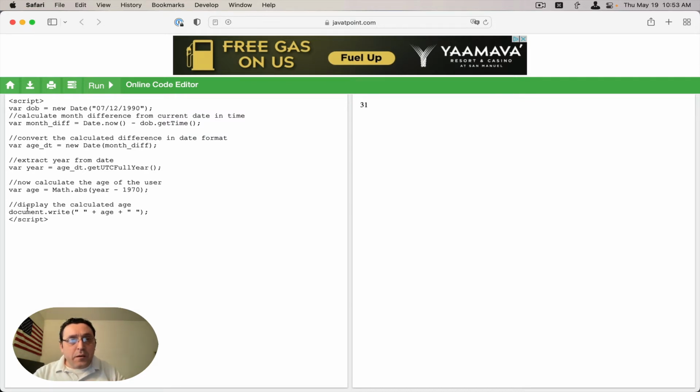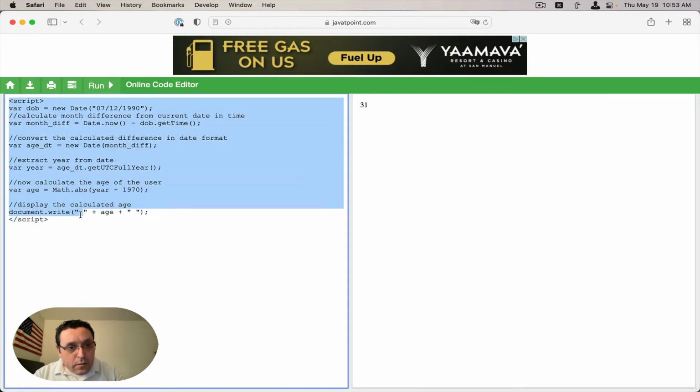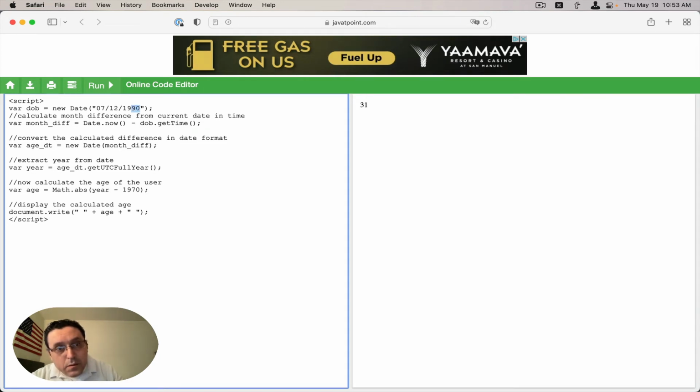But it ended up being not that simple. So I took this script, and just so you guys can see, if I change this to 91, for example, and then hit run again, it makes the person's age younger, smaller. So here's what I did: I took this script, copied it,